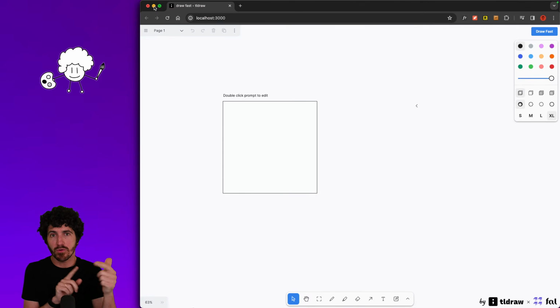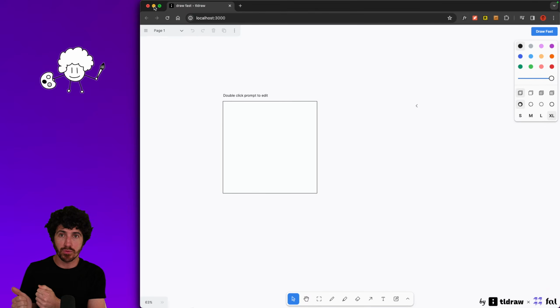We've cloned the repo, we've npm install, npm run dev, we've opened localhost 3000, and we've created our Fal AI account and Fal AI key that we've put on the .env file of the repo, right? You can see that in the previous steps of this tutorial. All right, so now that we're here,